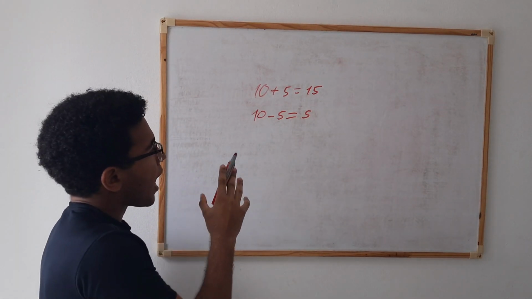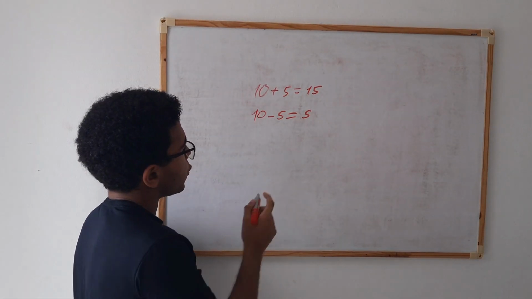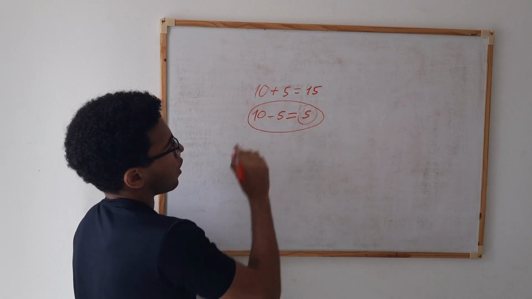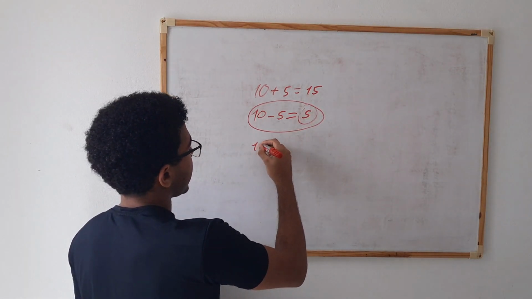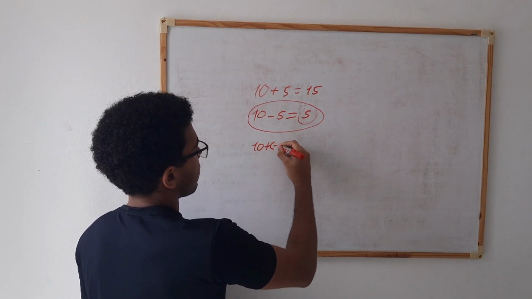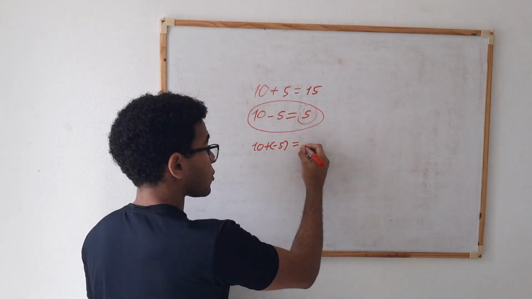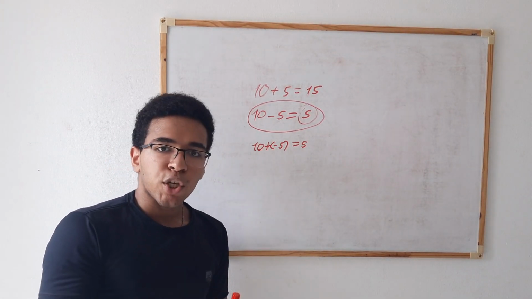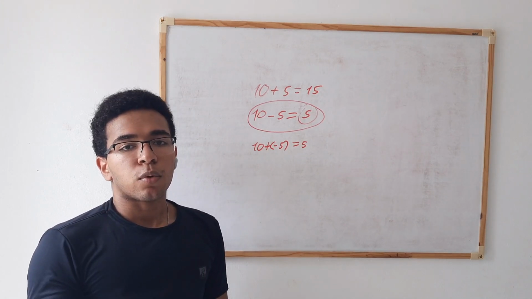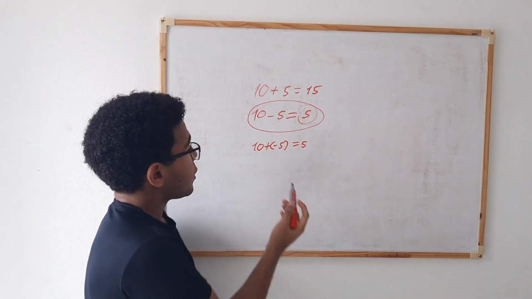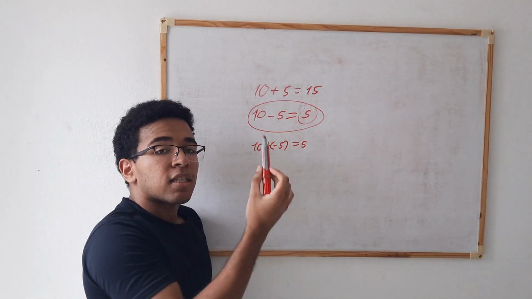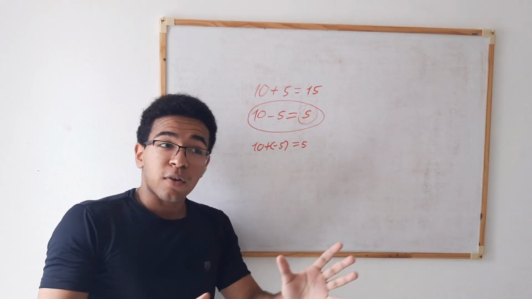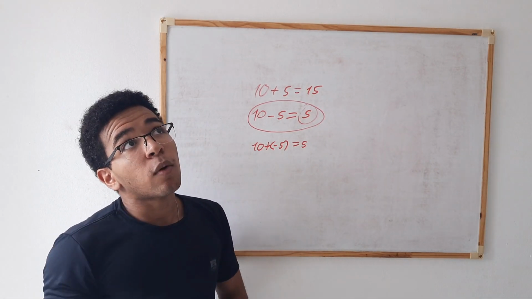But another way to represent this whole thing would be to have 10 plus minus 5, which would also be equal to 5. Okay, so all subtraction can be represented through addition. And some people might ask, well, but you're subtracting it here. I'm not subtracting it. I'm adding a negative number, which is a different, but at the same time, equal thing